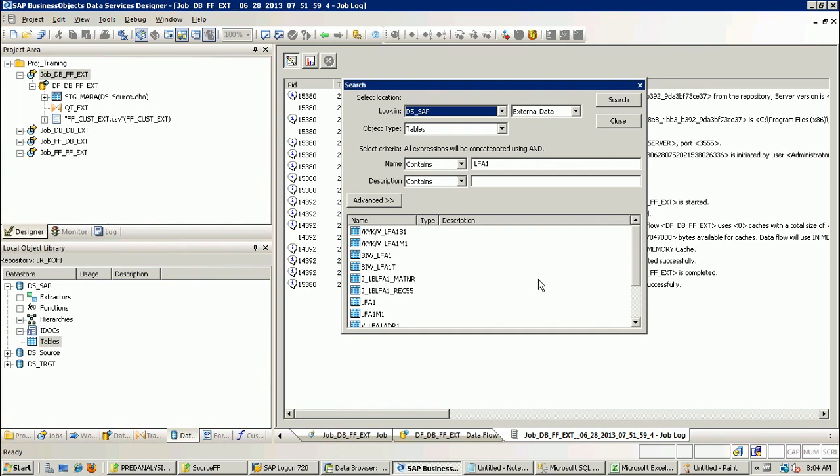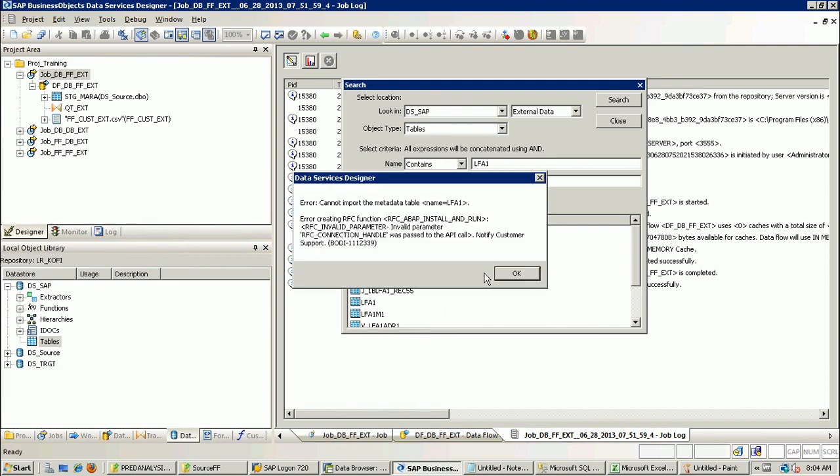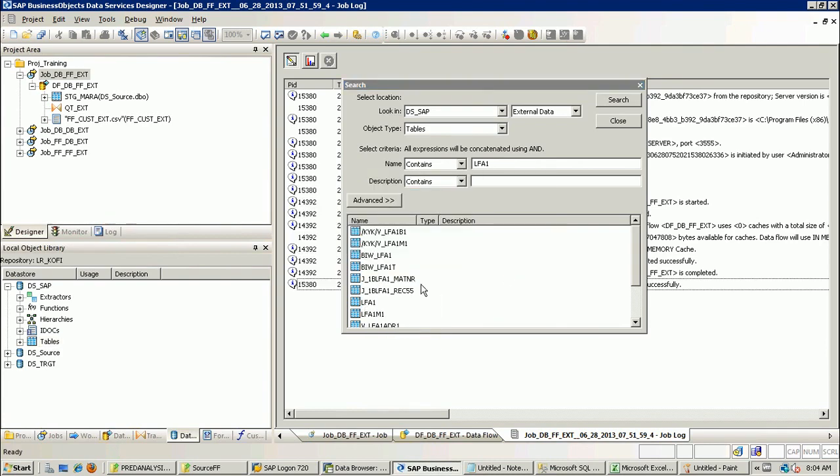It will display all the table names that have LFA1 in them, but this is our vendor information. So select that, right click and click on import. Oh, so this is